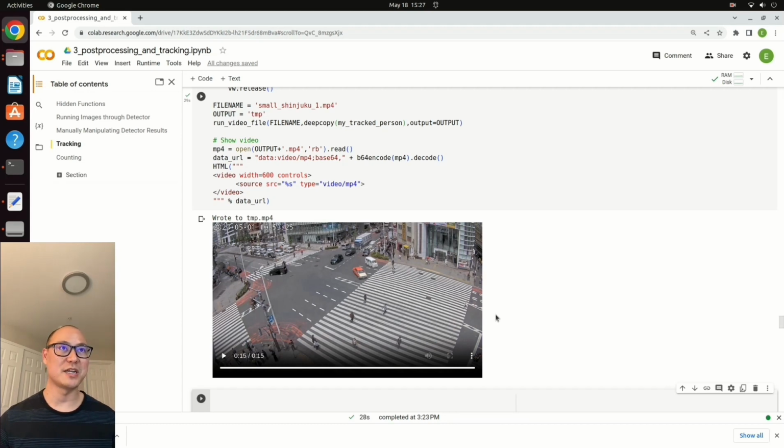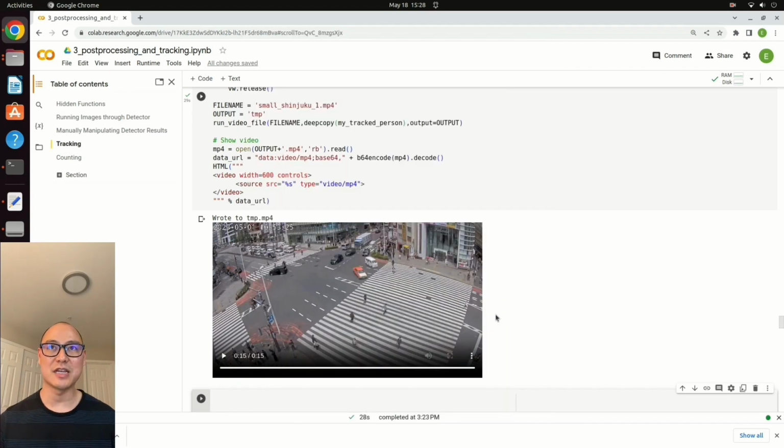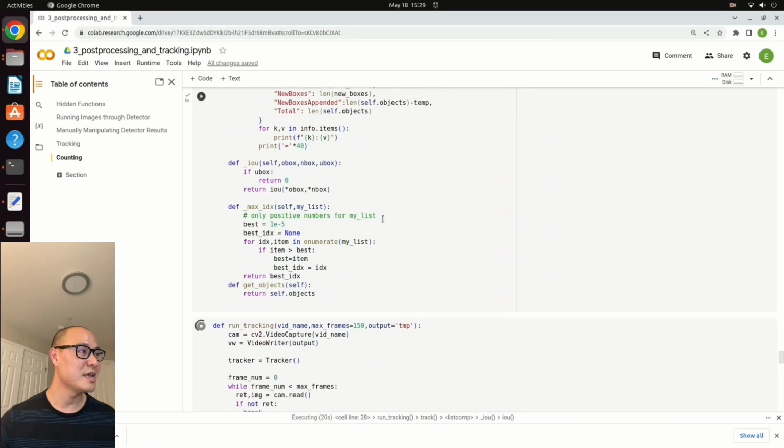What about another weird scenario? What if a person walks to the edge of the screen and another person walks onto the screen at the same time and takes his box? So there are these little scenarios that you have to think through, and depending on your use case, you might solve them in different ways. Now here I have some code that does some of these things, and we're going to